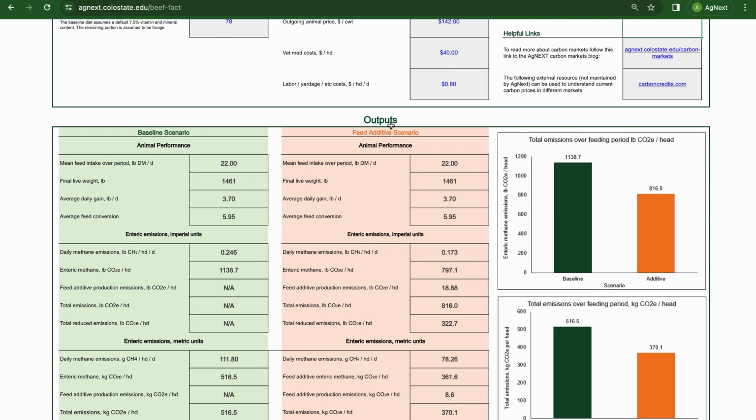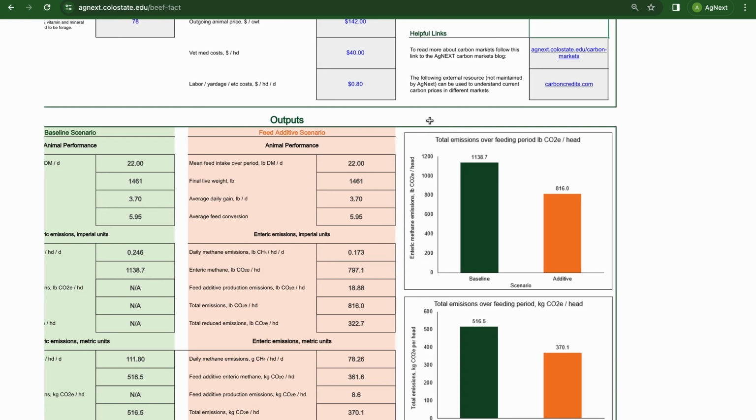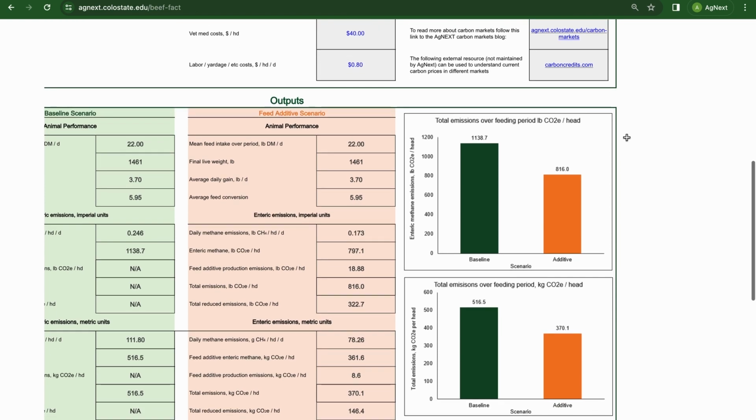So all the outputs that are in green are for the baseline scenario, and the outputs that are in orange are for the feed additive scenario. We're going to really focus in on the charts that are on the right-hand side of the output section. So in the upper right-hand corner is first our enteric methane emissions in terms of pounds of carbon dioxide equivalents per head over the feeding period. So in green is the baseline emissions, and in orange is the additive emissions. So we'll note the reduction there, and that's really due to the fact that we entered a 30% reduction in